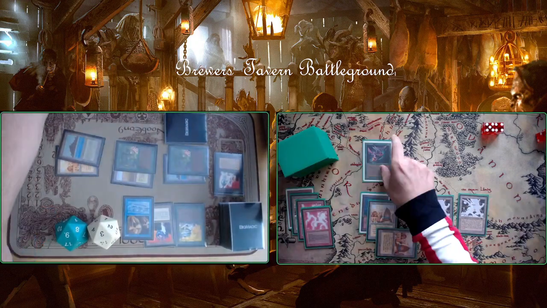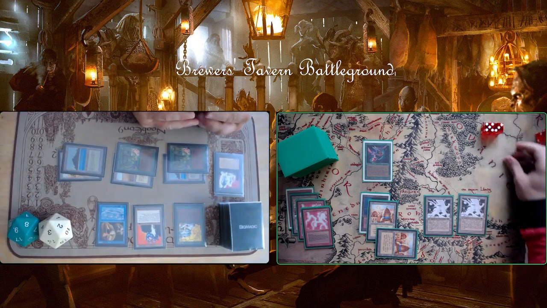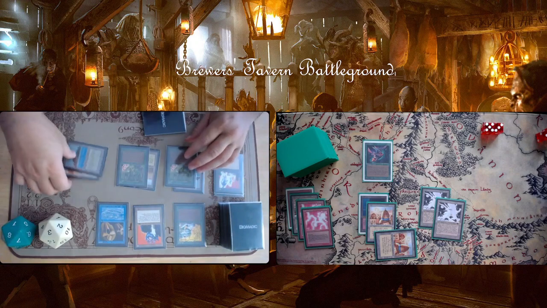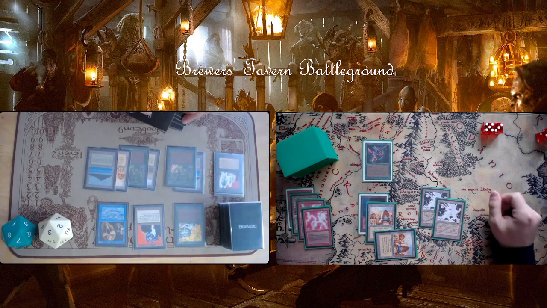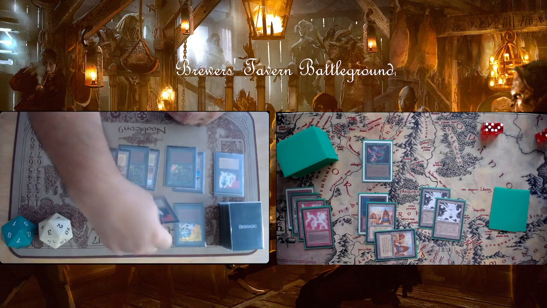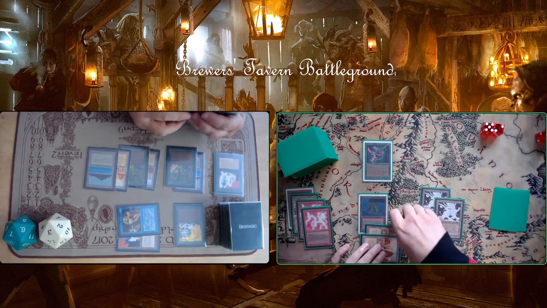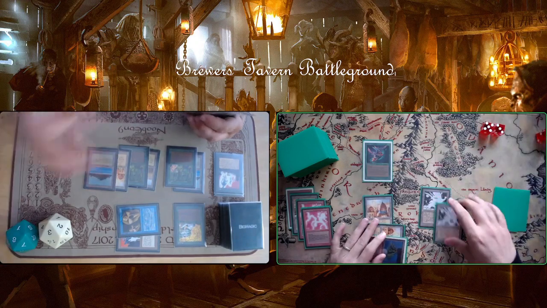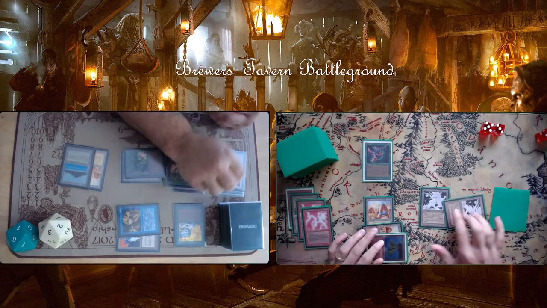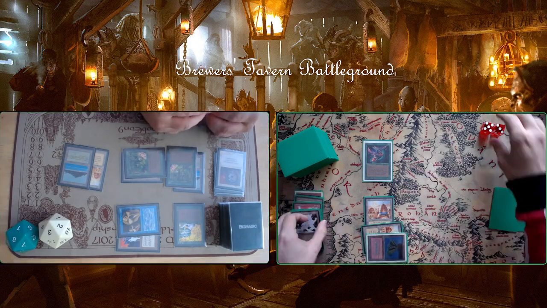I play a land. I play Script Sprite. I go to 8 and I pass the turn. Go to 7. Oh no, I don't need to go to 7. I stay at 8. I activate one Mishra's Factory and, in response, we'll disenchant that. Then I activate the other one and block. Okay. So I take 4 and go...